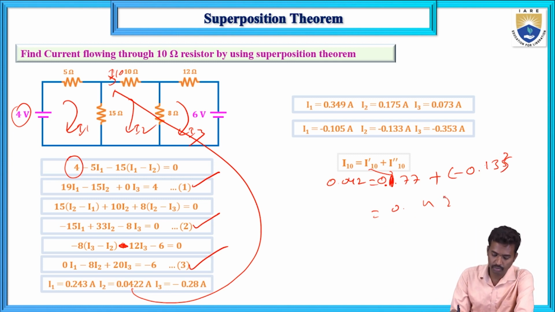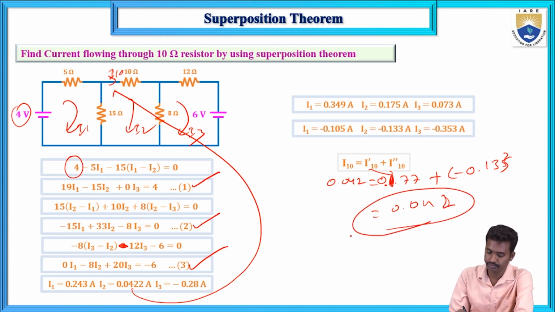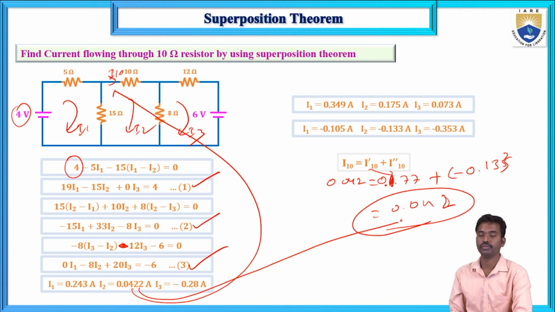So almost the same, 0.042 or 44. So the values are almost the same, this value and this value. Now